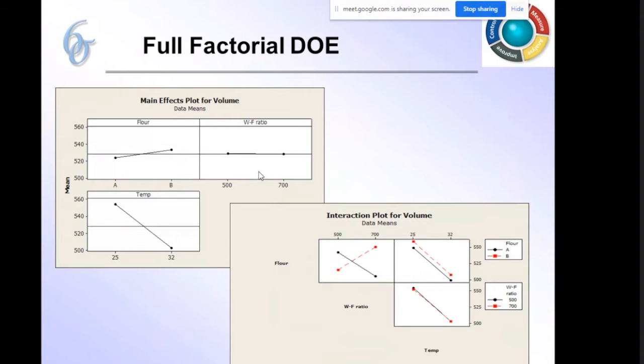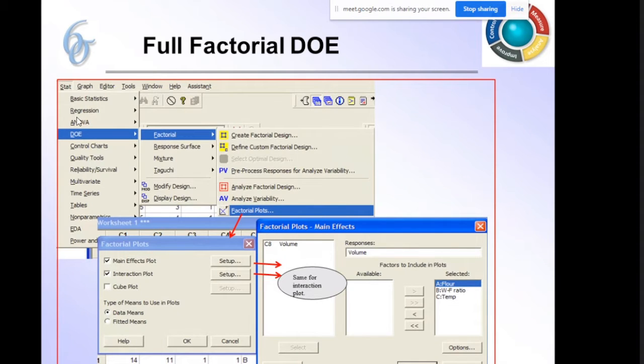For full factorial DOE, we go for the main effect plots and the interaction plots. Here we have to go to Stat, DOE, Factorial, and Factorial Plots, and in the settings select main effect and interaction plots. Volume is the response, and the factors are the flour, water to flour ratio, and temperature.